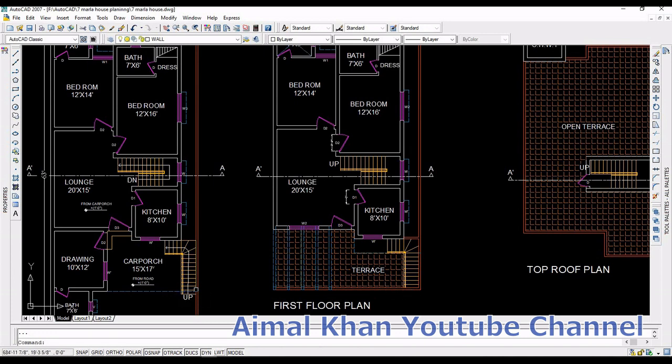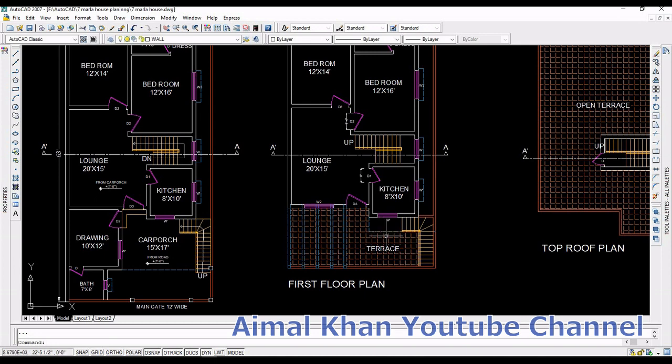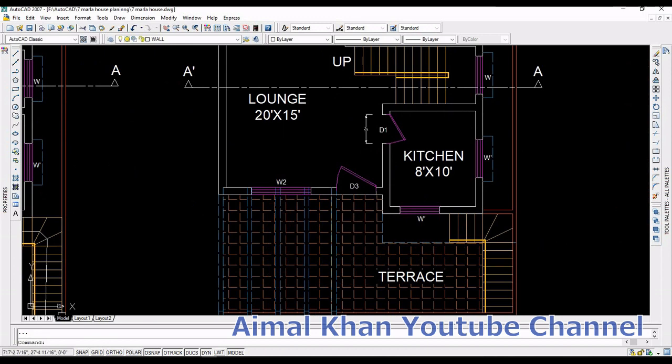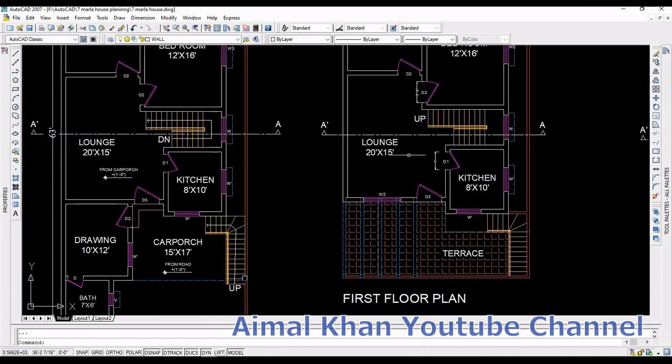So here you can go up, and you see this is the terrace. You can see here the open terrace. You come here by the terrace, here is the door entrance. Here you can see the lounge. You can also give a room here, but there will be a problem for ventilation, so then you